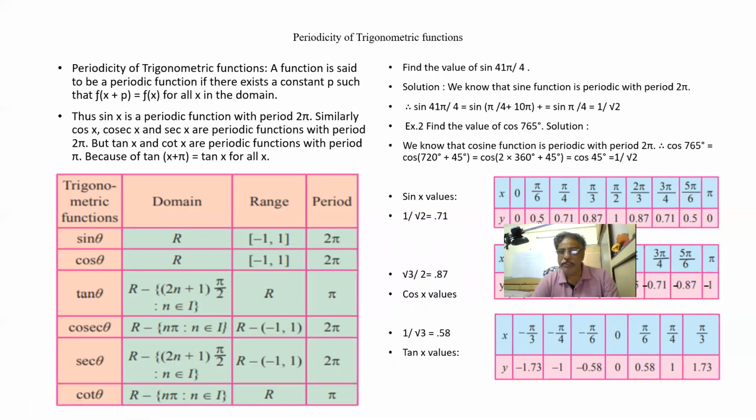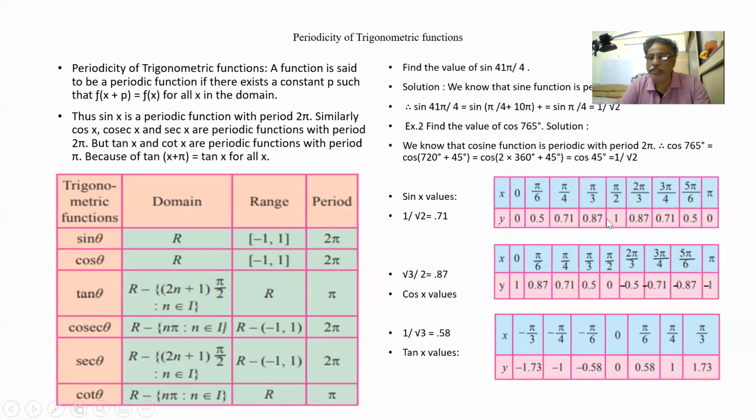These are the values given, different values, but we need not learn these by heart. What we know is sin 30, that is pi by 6, is half. What is sin 45? We know it is 1 by root 2. Instead of 1 by root 2, he has given 0.71. Sin 60 is root 3 by 2; in place of root 3 by 2, it is given as 0.87. So let us remain with our notion: half, 1 by root 2, root 3 by 2. It gets repeated: root 3 by 2, 1 by root 2, half. Same thing for the others, only in reverse.